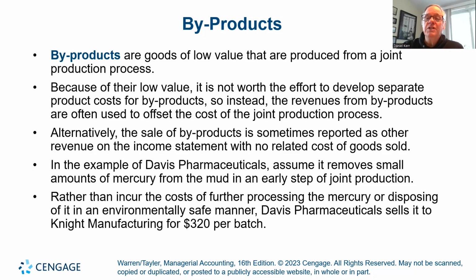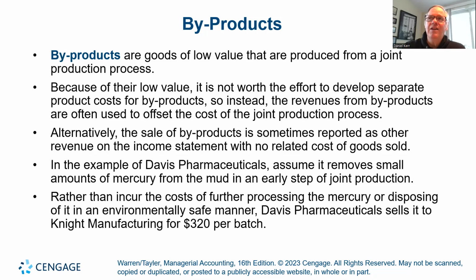Again, you have two choices. It could be as a reduction of the production costs that you would actually allocate, the reduction of the joint cost, or it could be a separate item on the income statement, either without any cost of goods sold or as a reduction of cost of goods sold. So if you ever come across byproducts and you're asked to make an allocation,